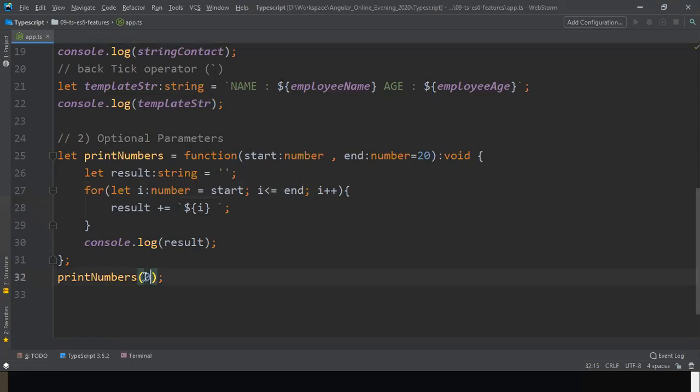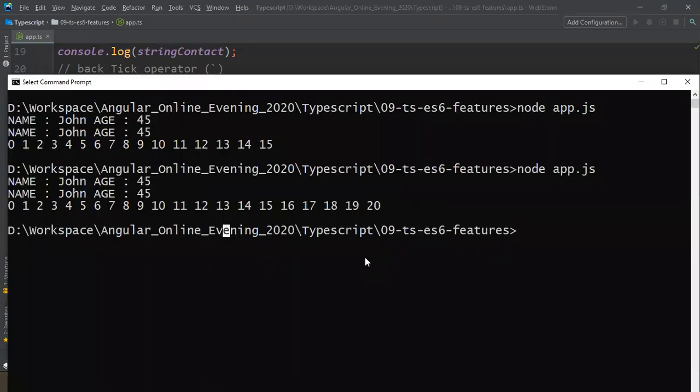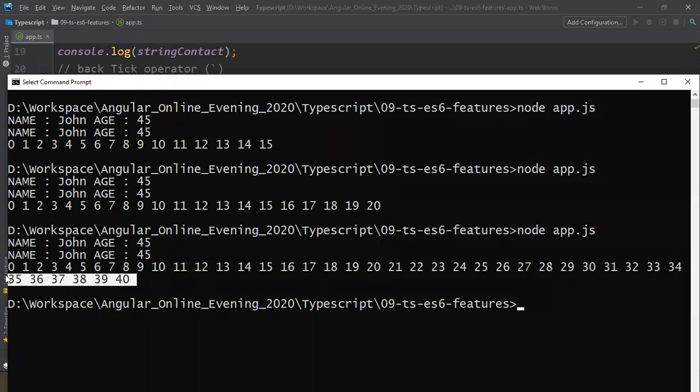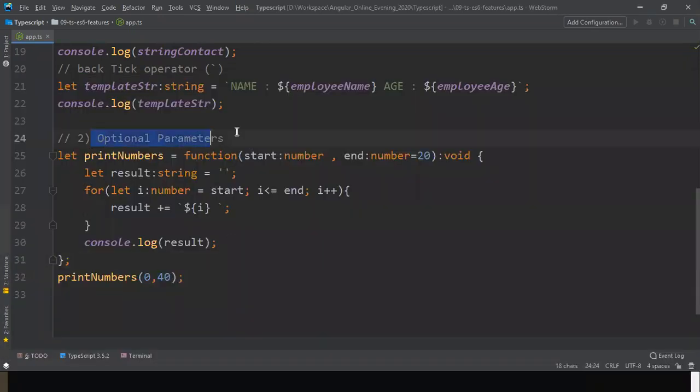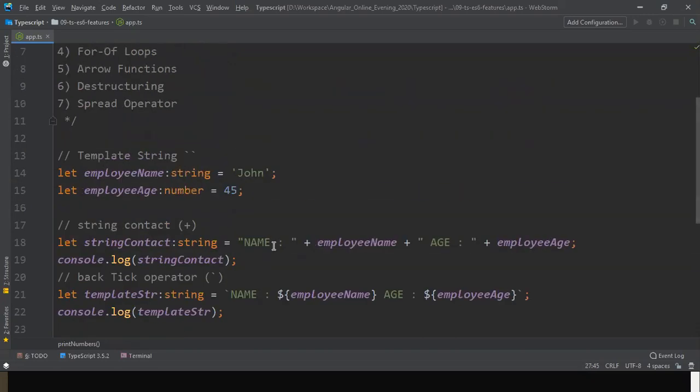For example, sir, I wanted to pass sometimes, so I say 40. Okay, if you pass 40, this 20 will be overridden with 40. So you check, see, now it prints up to 40. So what is meant by the optional parameter is you can define some default value for any parameter and we can make that optional. If it is optional, you may pass, you may not pass. If you pass, it will take the passed-in value. If you do not pass, then it will take the default value we have declared. So this provision is also there in TypeScript and even JavaScript ES6.